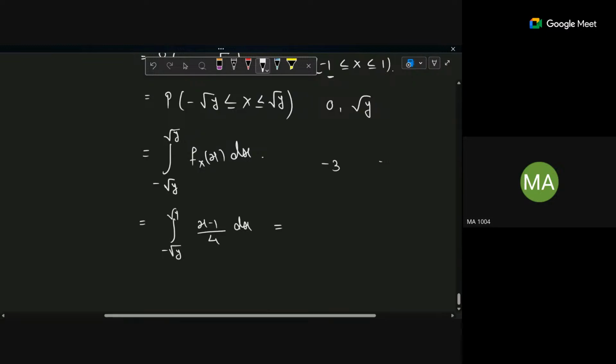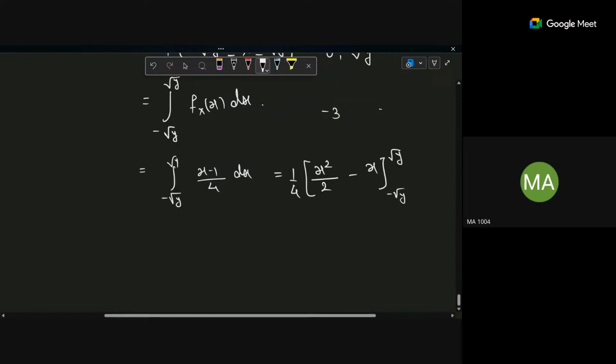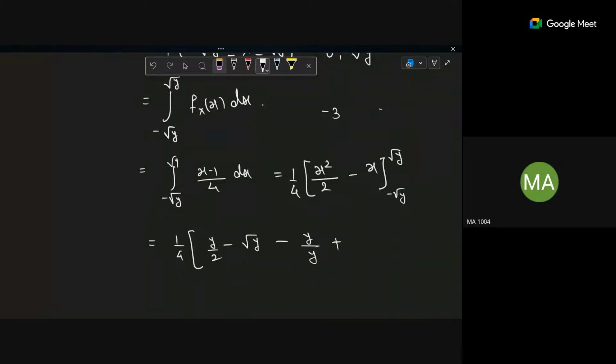Nothing but x square by 2 4 8 minus, let me just write it like this. Let's take 1 by 4 common, x square by 2 minus x by x, minus square root y plus square root y. Minus square root y plus square root y will get cancelled, right? 1 by 4, it will be y by 2 minus square root y minus, again, y by 2 plus, sorry, minus plus, again it will be,